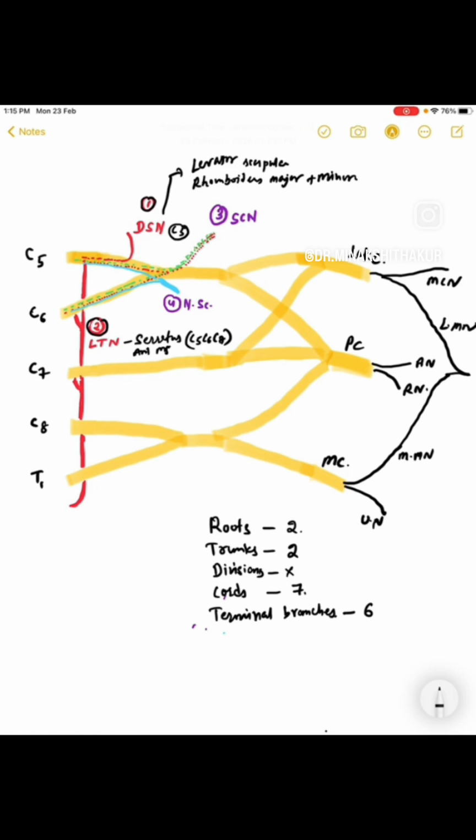Now coming to branches from the trunk. From the trunk we have 2 branches. The first one is the suprascapular nerve, and the other one is the nerve to subclavius. The suprascapular nerve is a mixed motor plus sensory nerve with a root value of C5 and C6. It provides sensory fibers to the glenohumeral joint and to the acromioclavicular joint, and motor fibers to the